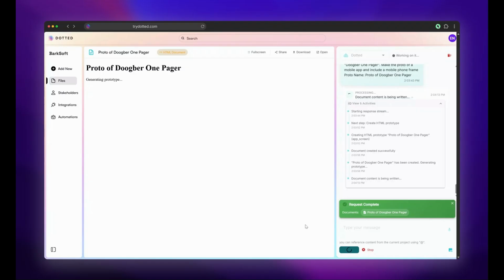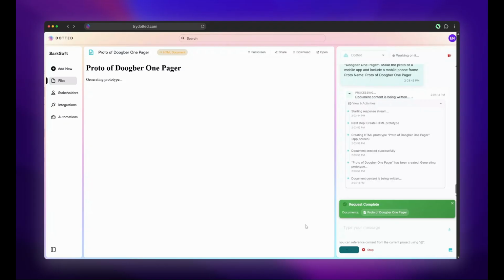And one of the things that we've noticed is that in 2025, if you show up to a meeting to go and convince somebody of something and you don't have a visual, you don't have a clickable prototype, you don't have the kind of thing that comes out of Figma, or any of these other tools, you're going to have a really hard time. And it's a big waste to go and have to try and copy all of your context from Dotted into some other tool. So we just put this capability right in here.